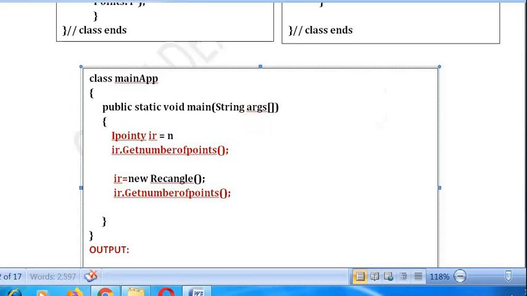But we can store the object of a class which implements the interface. That is, the class Triangle is implementing the interface IY. We can store an object of class Triangle inside the interface reference IR.